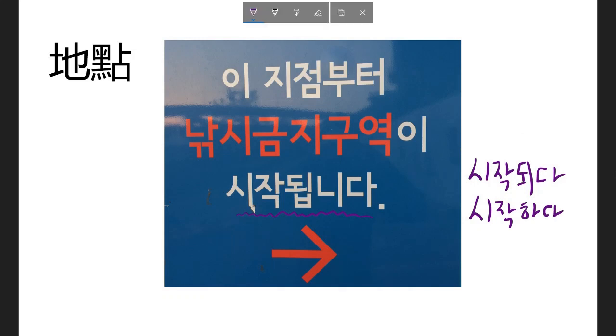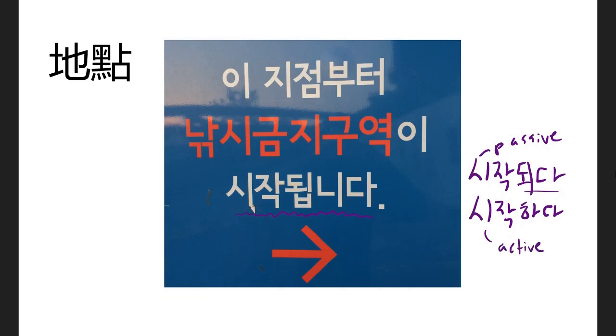Now, in lesson 14, I talk about the difference between passive verbs and active verbs. One way that you can tell a passive verb is if the end of it ends in 되다, which you see here. Not always, but usually, if there's a verb that ends in 하다, the passive equivalent of that verb would be if you just replaced 하다 with 되다. So that's what we see here, and I want to briefly explain when you would use 시작되다 instead of